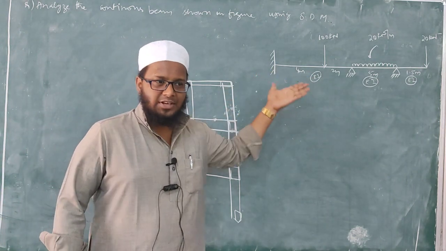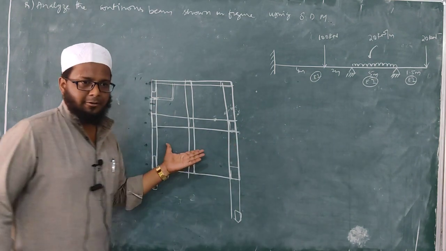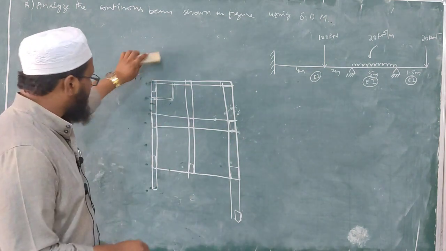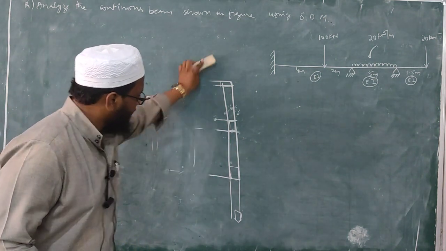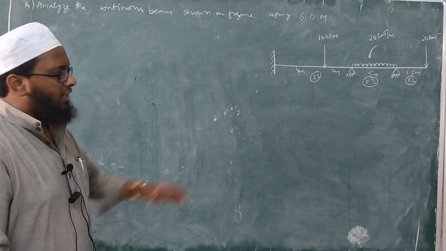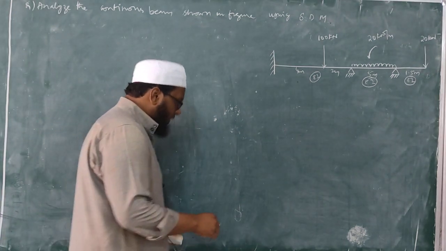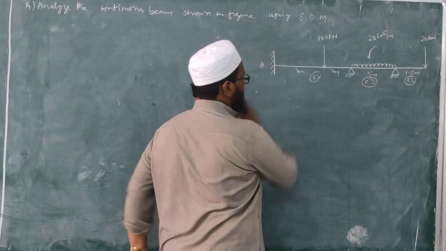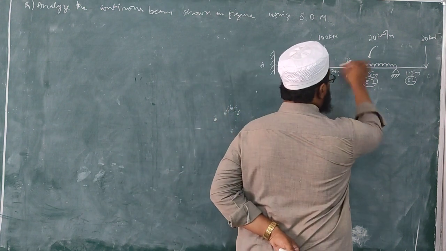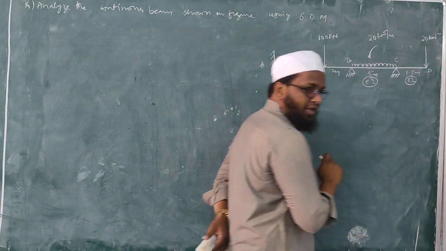Why are these beams looking like so many point loads? This is the concept here. So we'll try to solve this problem. Again, this beam we can solve with the help of our slope deflection method. Before that, I'll name this one: this is point A, B, C and D. This is the cantilever portion, right?